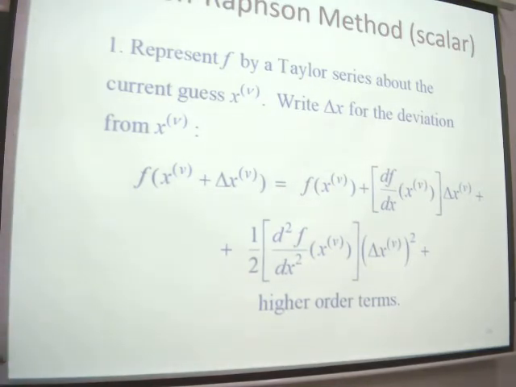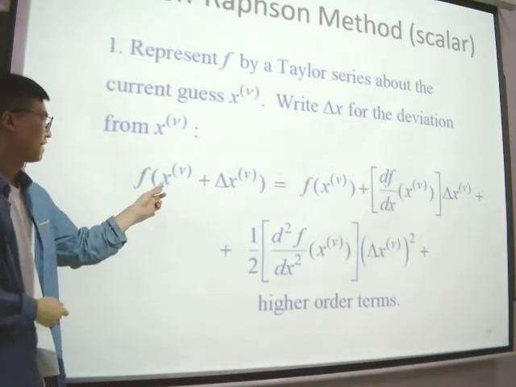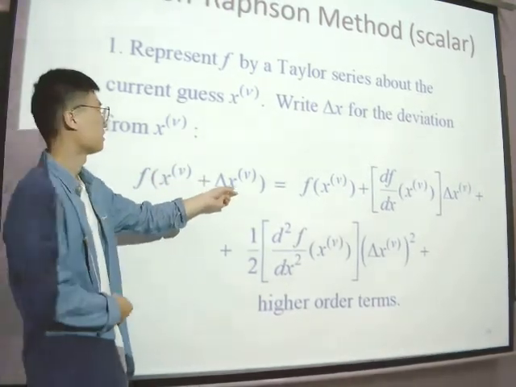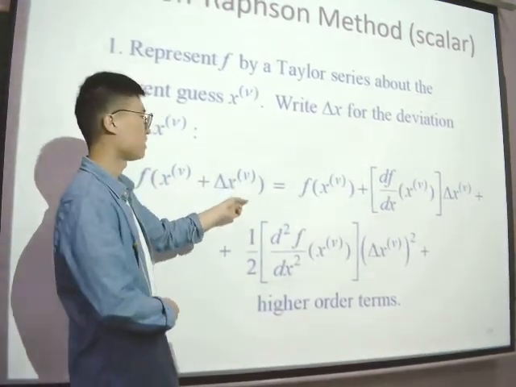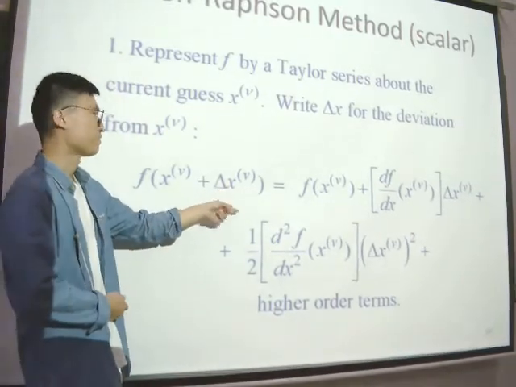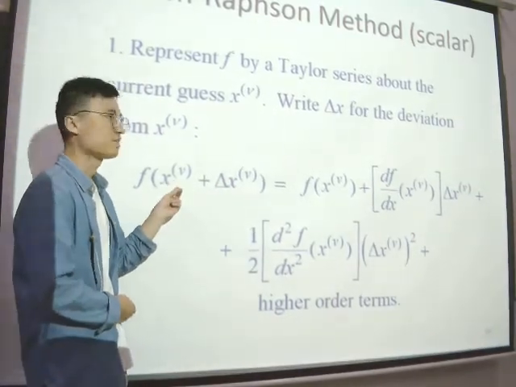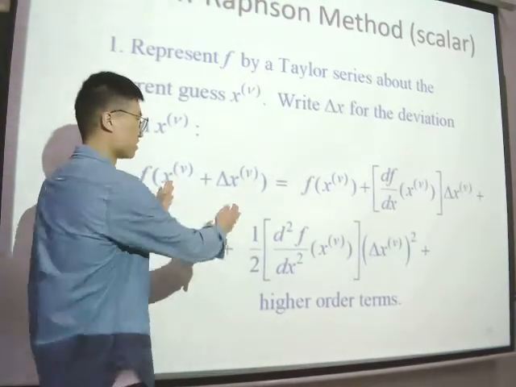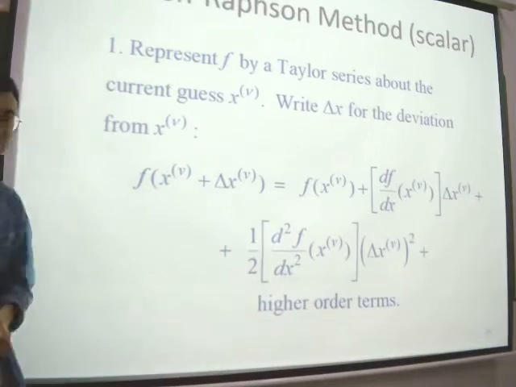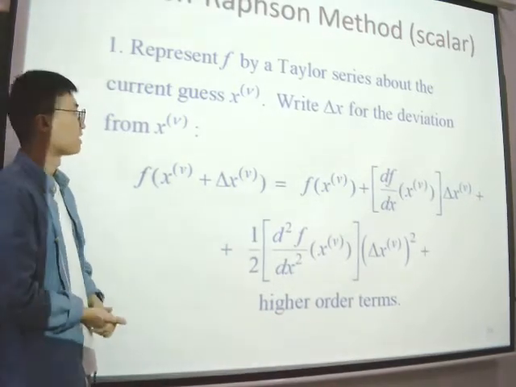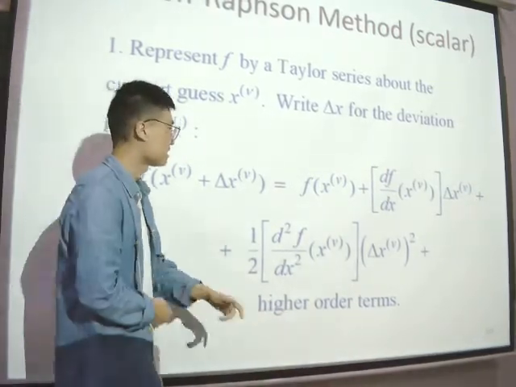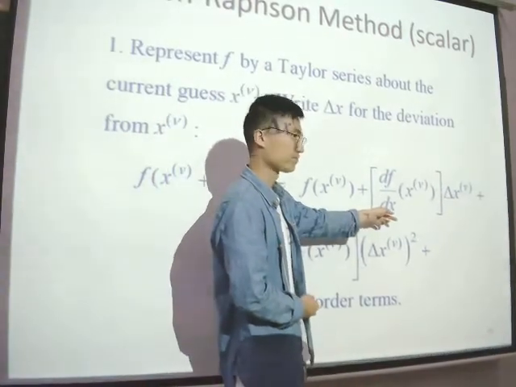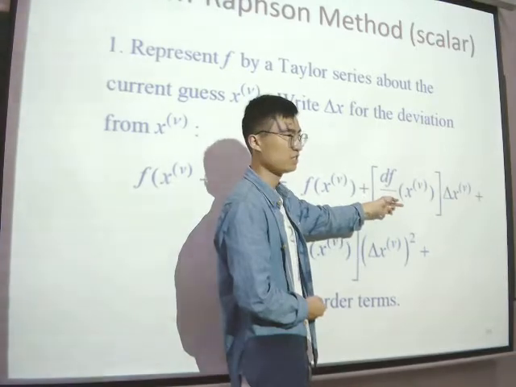That you could say that f(x_v), this is the initial value, and here is the deviation from x_v. That's the difference from the initial guess value to the actual value. Okay, so there are the differences. So by the Taylor series, f(x_v), the original function,